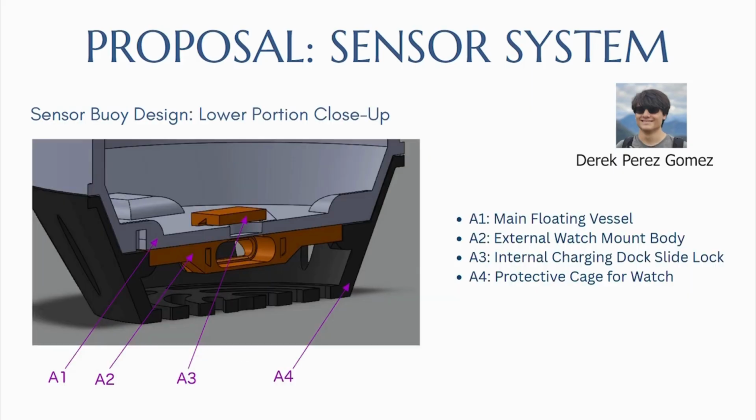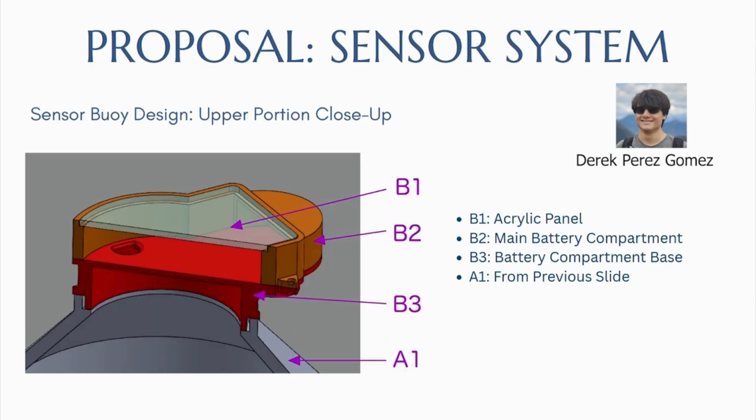Here's a close-up section of the lower portion. This area includes the dual mounting system. The Apple Watch sits on the outside, ideally in the water, while the wireless charging dock is positioned inside. The wall at the interface is deliberately thin, allowing inductive charging to pass through while keeping the charging components sealed and protected. Now we move to the upper portion of the buoy,